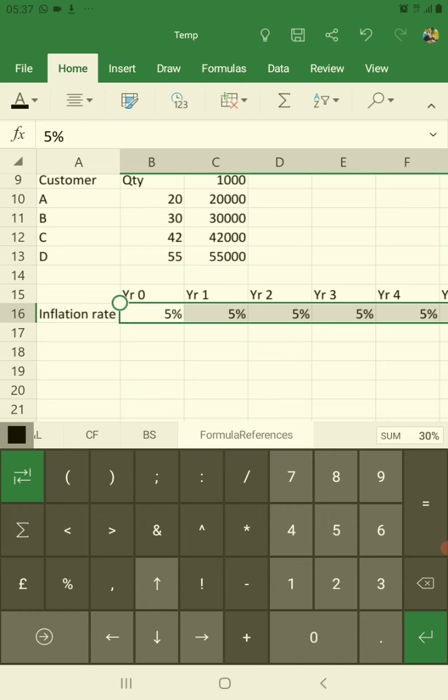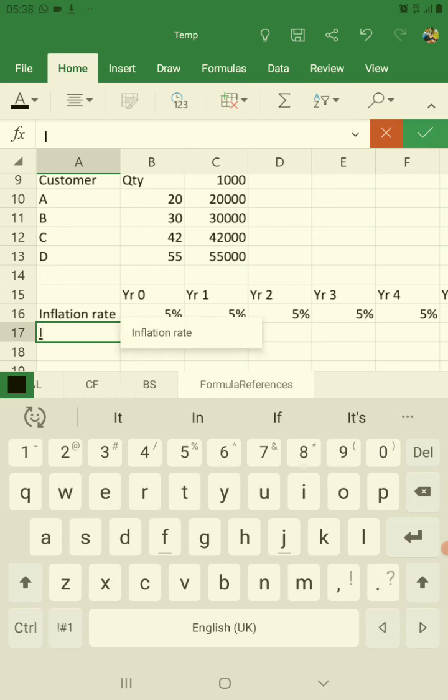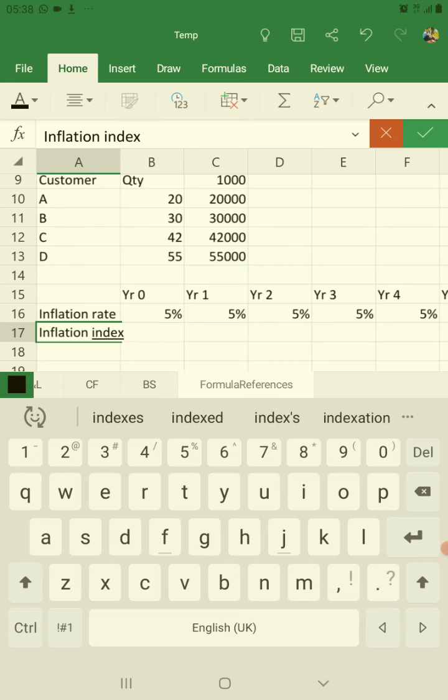And so we are now computing the inflation index, which is